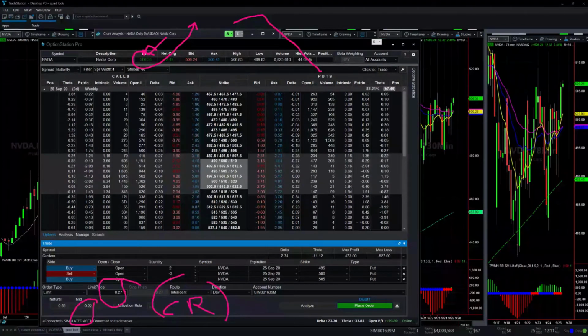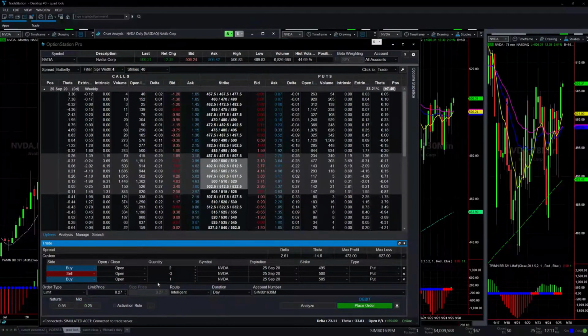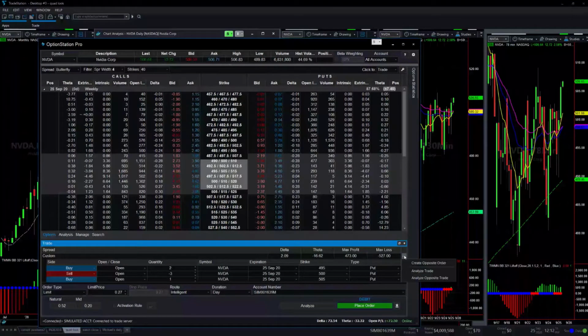So look, I just want to show you the reverse order. Actually, no, this is probably for a credit now. All right, so I put this on as a new trade, as if I'm doing a new trade. Well, this is still showing the 132. So if I want to see what it would look like to close it, you go over here and click on create opposite order. Opposite order would be like, well, I'm not buying this fly, now I'm going to sell it. So if I click on that,